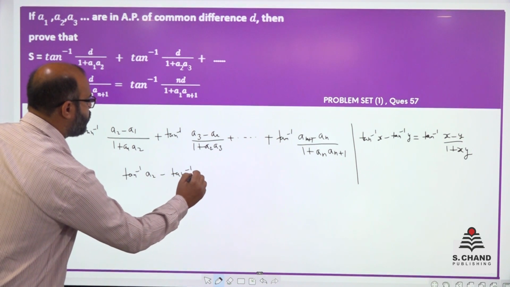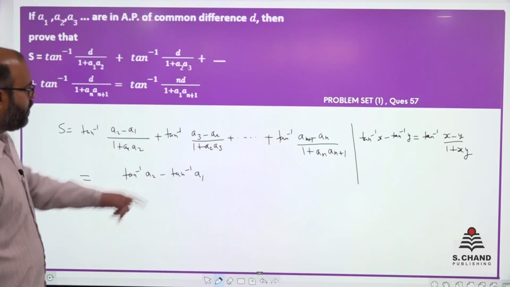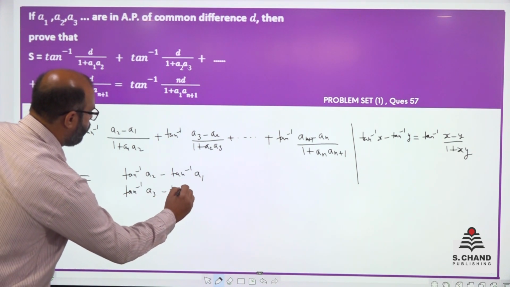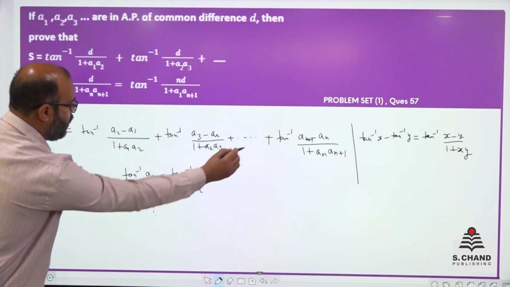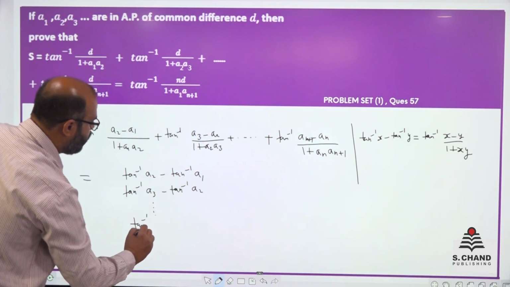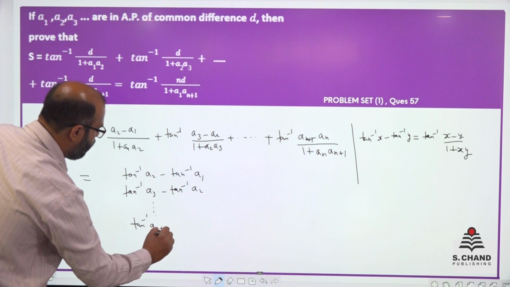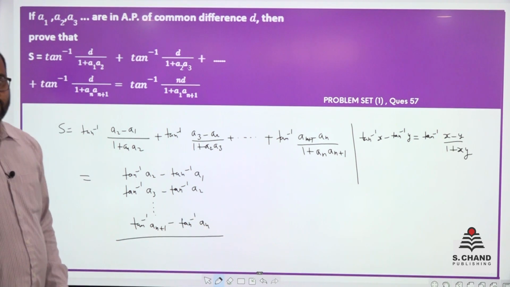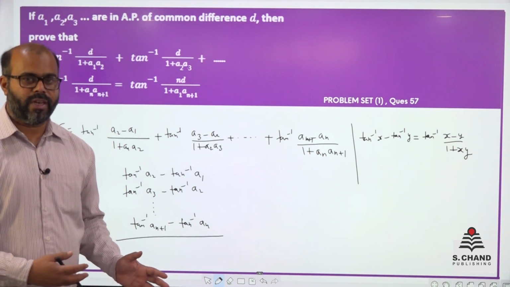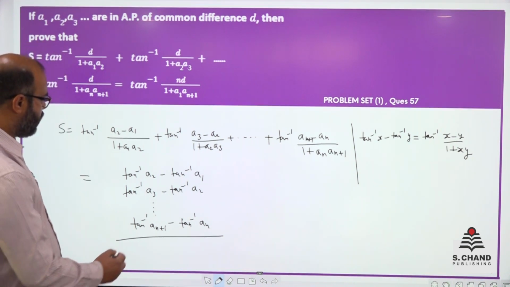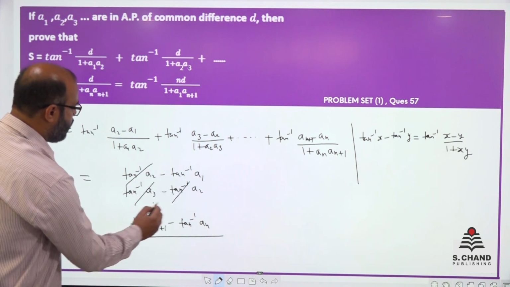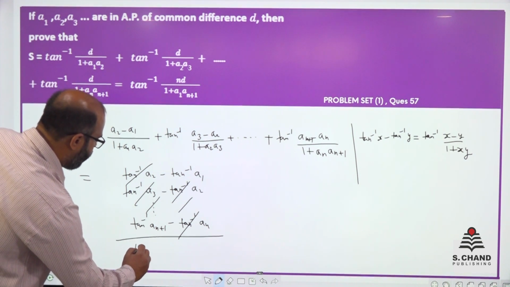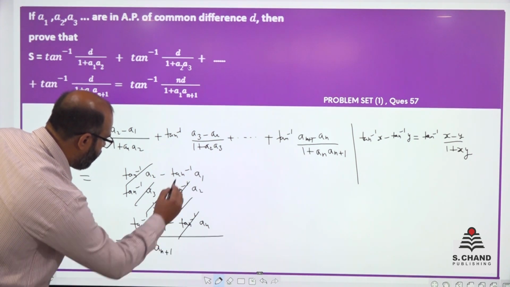by the formula of inverse trigonometric function there. Second one will be tan inverse of a3 minus tan inverse of a2, and so on. The last term will be tan inverse of an plus 1 minus tan inverse of an. Now when we add them, this is what we call the method of difference or telescopic rule. So when you see this, you can see that this is getting cancelled, this is getting cancelled, and so on like this till here, and you will get at the end tan inverse of an plus 1 minus tan inverse